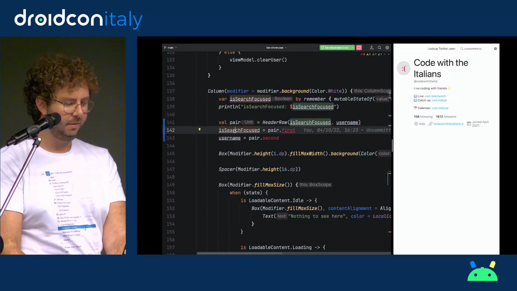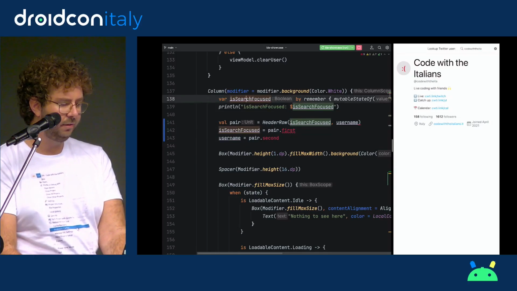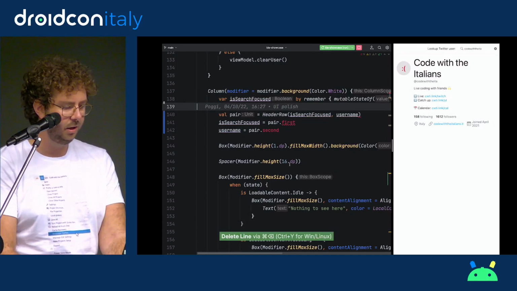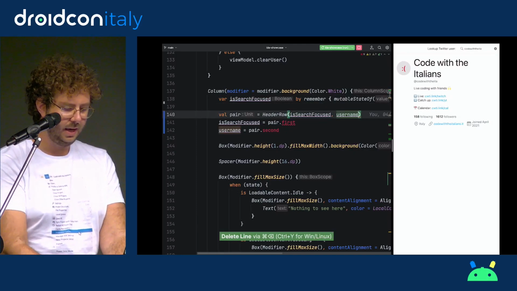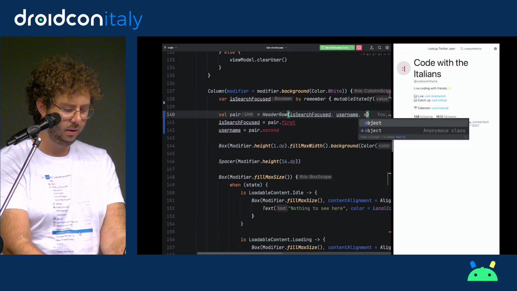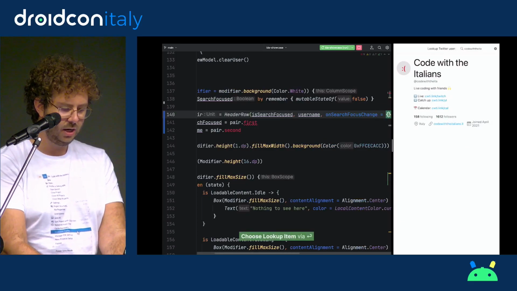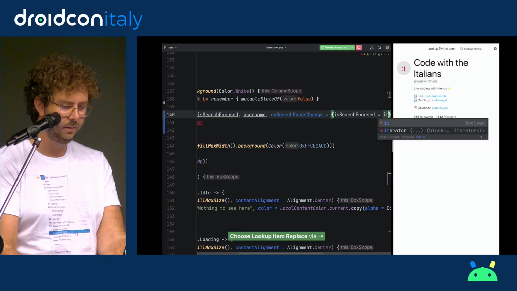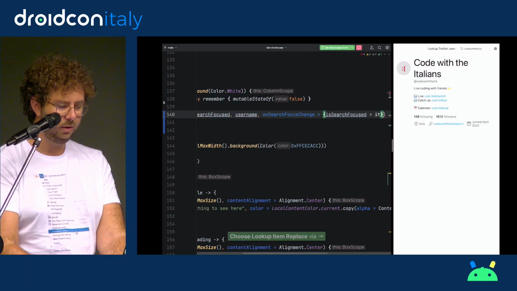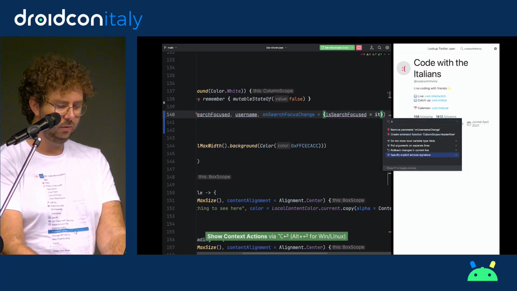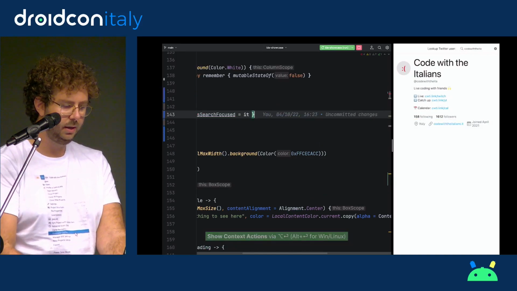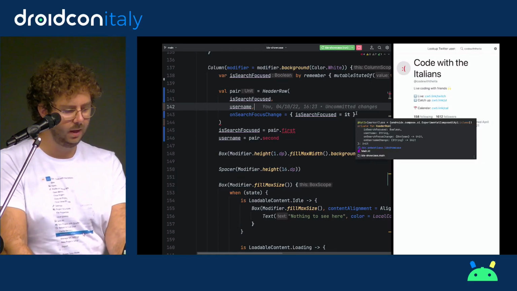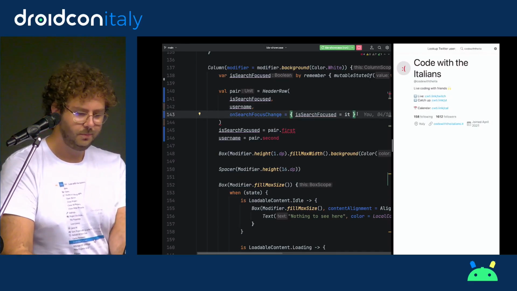And now this stuff here, I already have the search focused variable defined, which is fine. I don't need this log anymore. And I can say that on search focus change, I'm going to assign is search focus to it. Now this line is getting way too long, so again, I am going to separate lines. And that's something that I use very often, so you don't have to do it by hand. You can let the IDE do that for you.